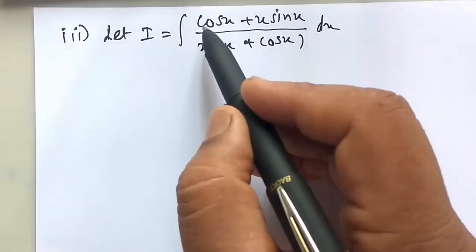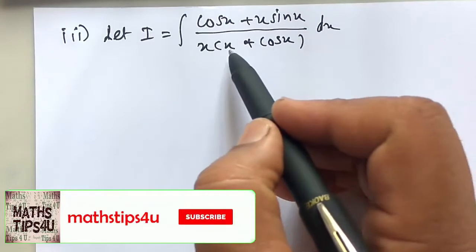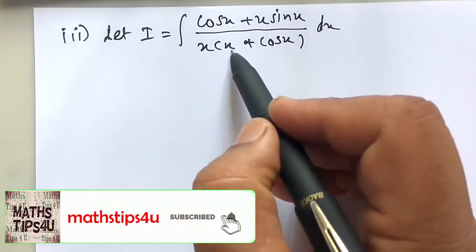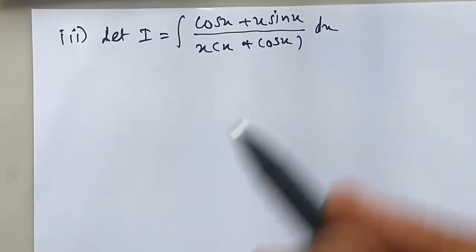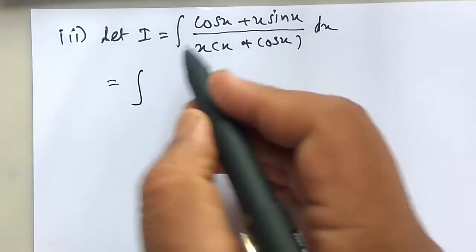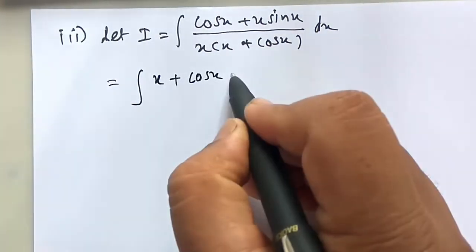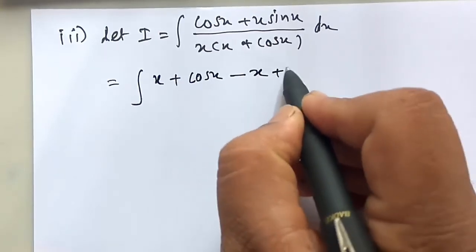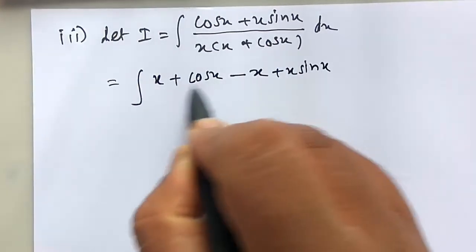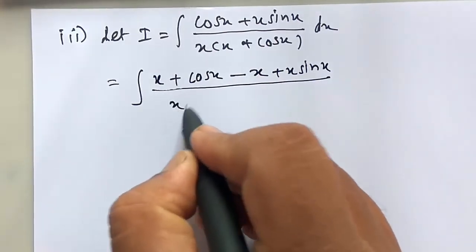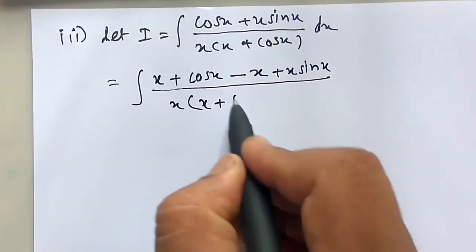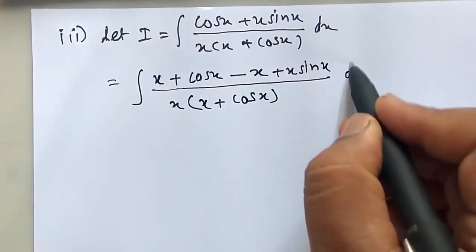Now if we add x and subtract x, then we get the factor bracket x plus cos x. So this is equal to integration of, I add x, so x cos x, I subtract x plus x sin x upon x into x plus cos x dx